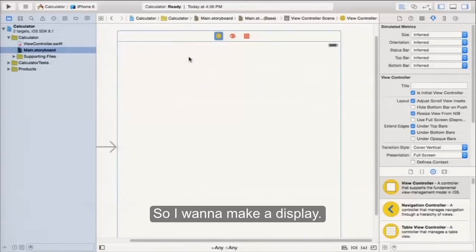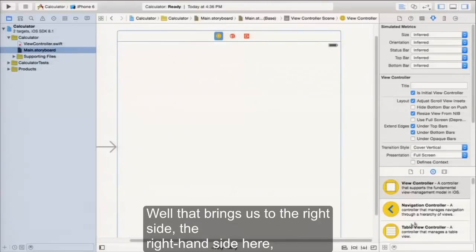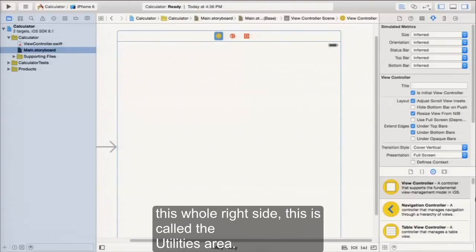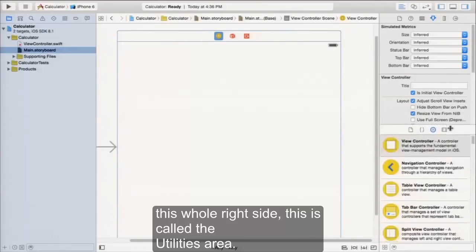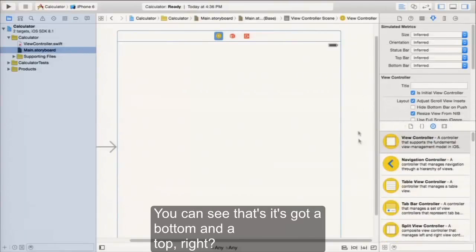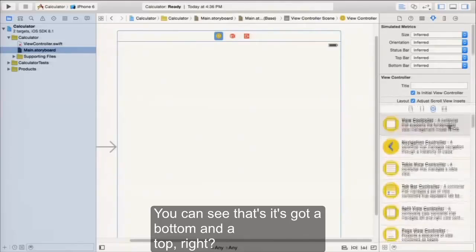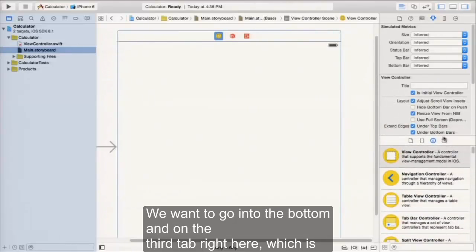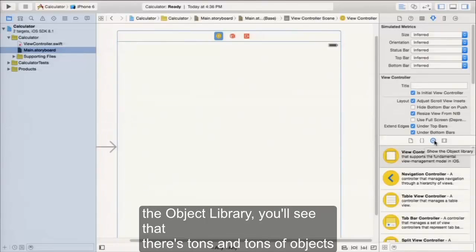So I want to make a display. So how do I do that? Well, that brings us to the right-hand side here, this whole right side. This is called the utilities area. You can see that it's got a bottom and a top. We want to go into the bottom, and on the third tab right here, which is called the Object